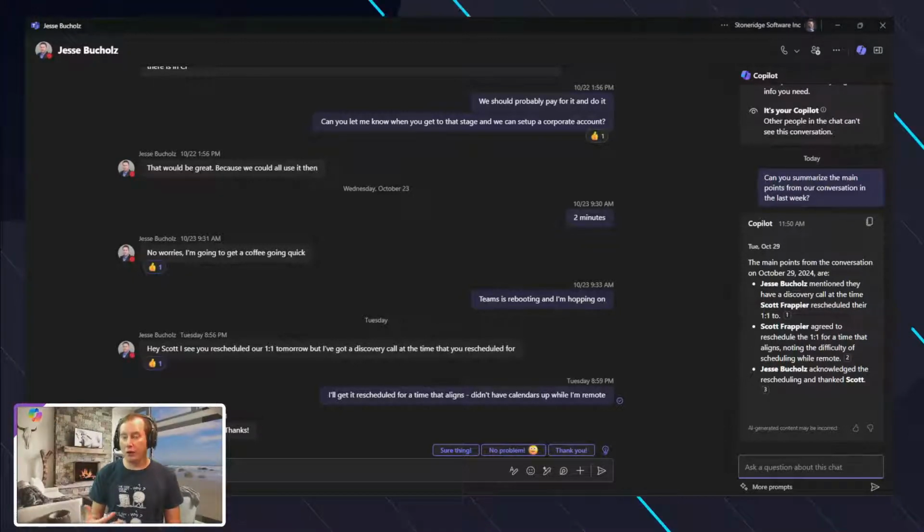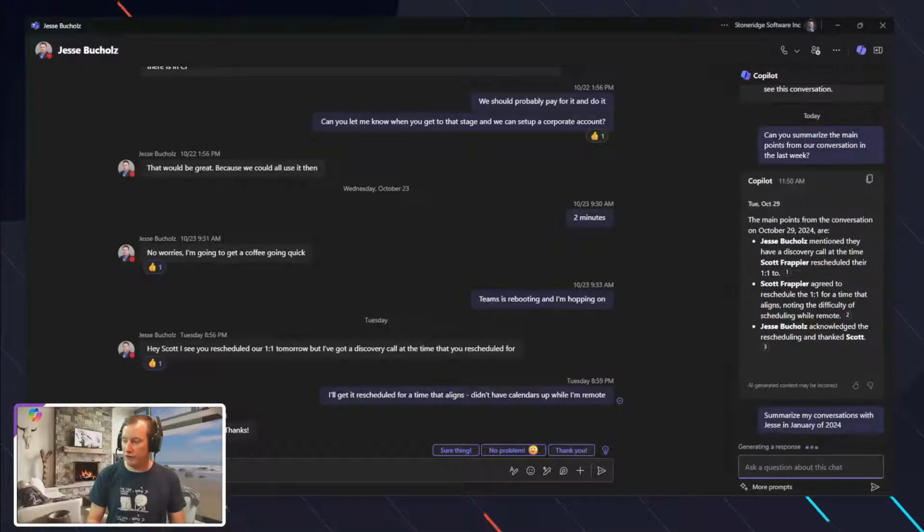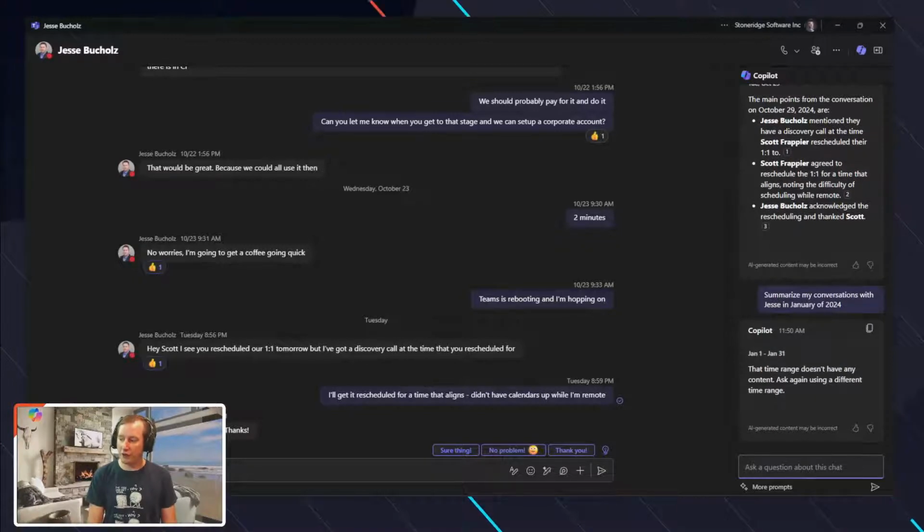So Copilot now inside of Teams allows us to actually specify time periods to then summarize that detail. So I could say, summarize my conversations with Jesse in January of 2024, right, type of a thing. And you'll see here now, because it understands the context, there's no content from our policy perspective.